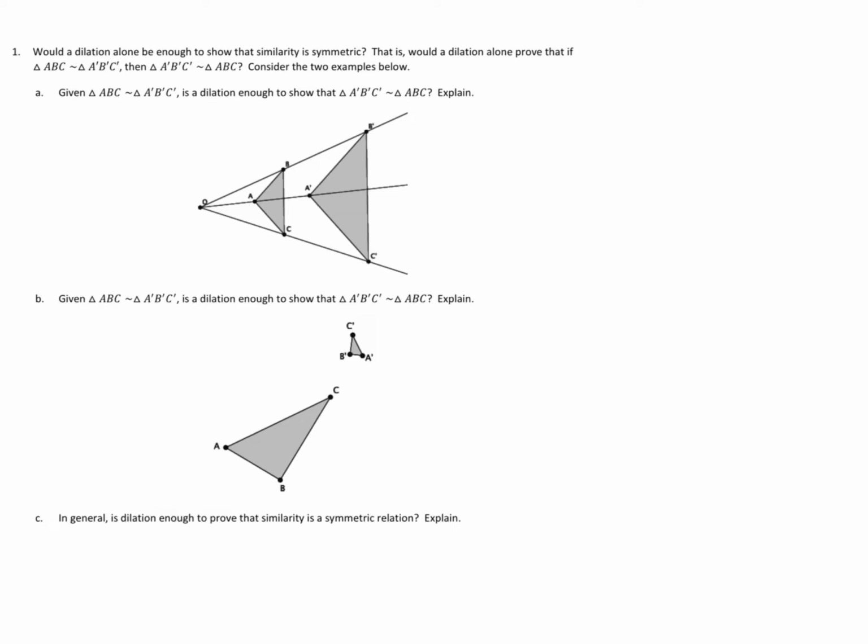Given ABC is similar to A prime, B prime, C prime, is a dilation enough to show that A prime, B prime, C prime is similar to ABC? We know that when we dilate from a point, like O in this case,